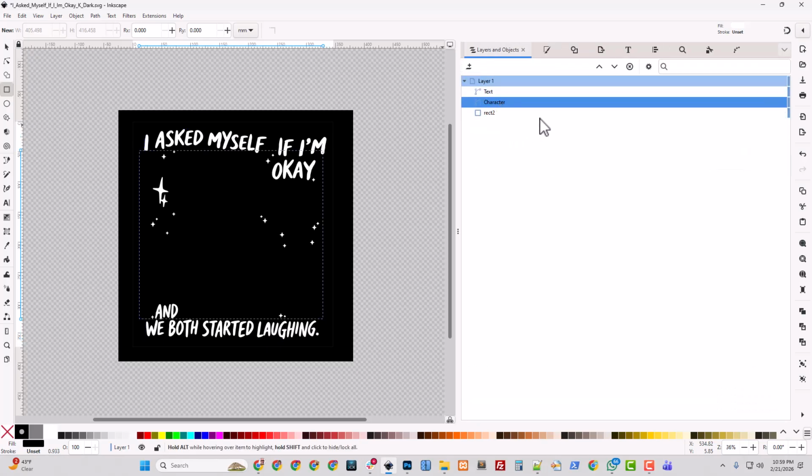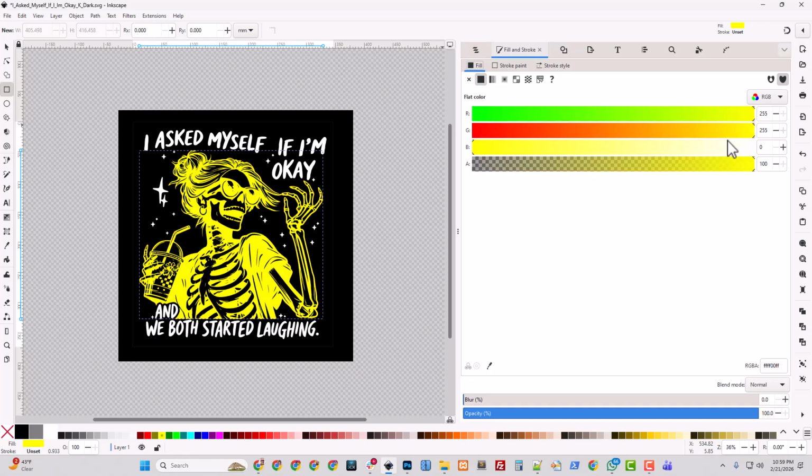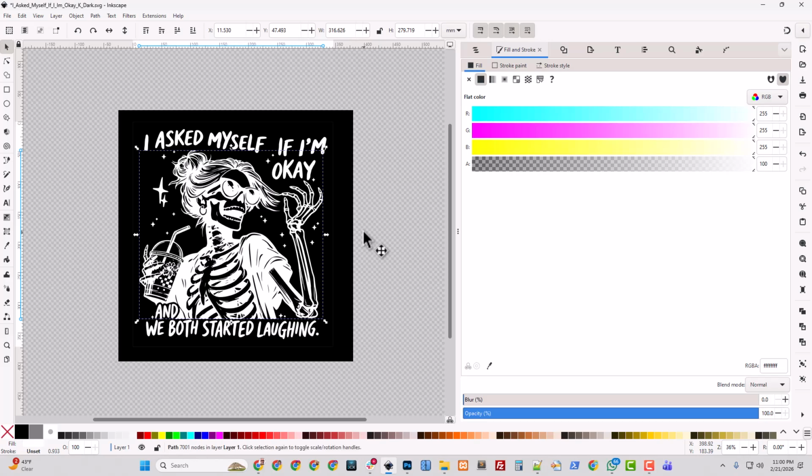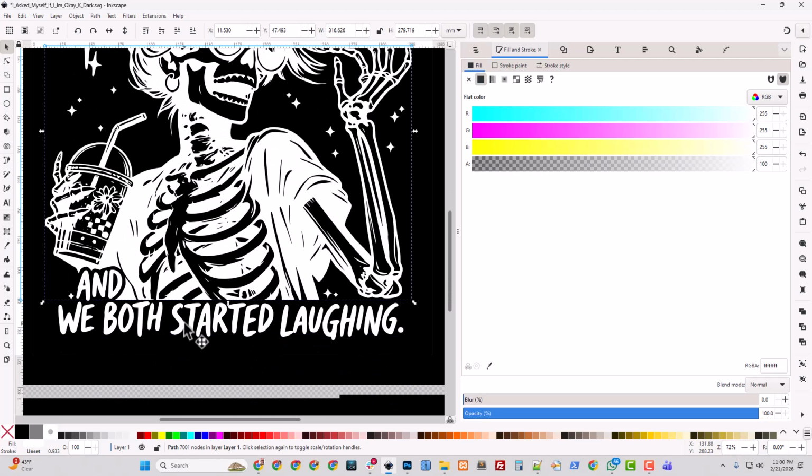Okay, and then we'll make our character white. And this is the moment I was waiting for, you guys. So see, when I make the character white, it doesn't look right. It's not correct to just change this to white, because all the things that were supposed to be black are now white. Like where her forehead is black. You know, the skull and the rib cage.